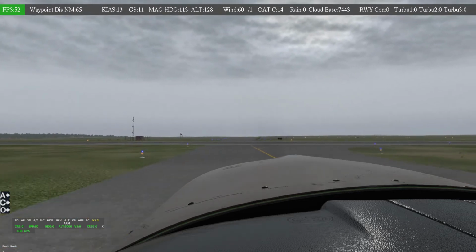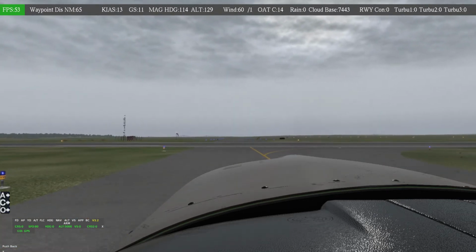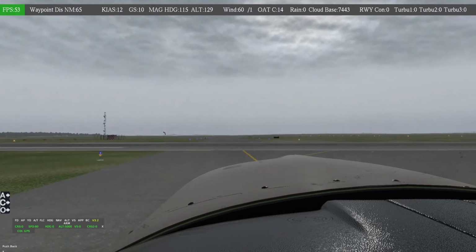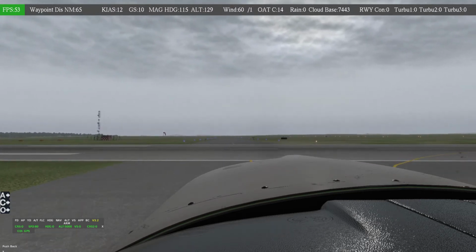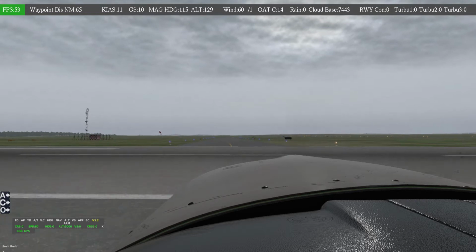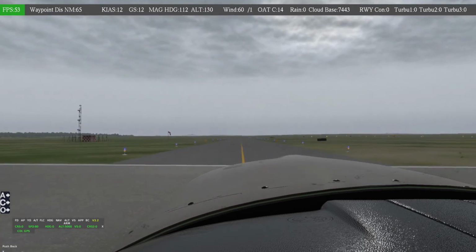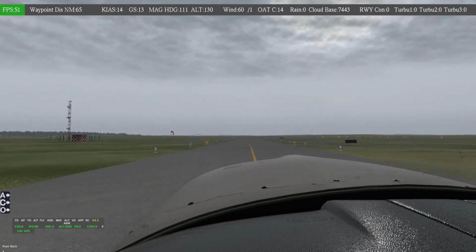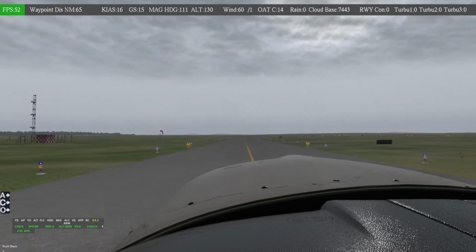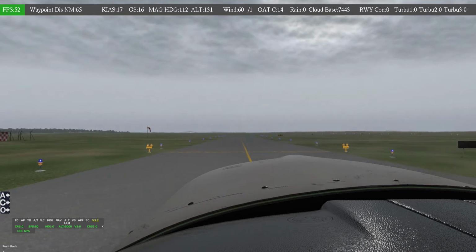So as you can see, we got around 65 nautical miles up to Grenaa airfield. That is created by vidandesign. I have been previewing it once, also in this aircraft, as far as I remember, on the channel. But